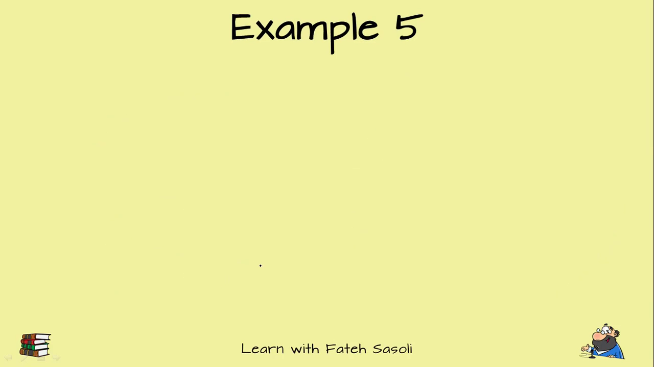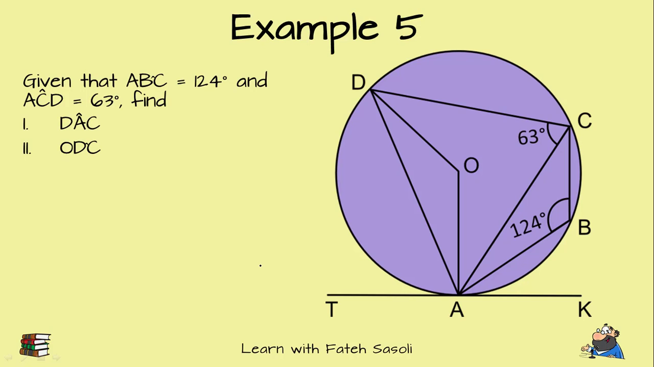32 degrees. For example number 5, given that ABC is equal to 124 and ACD is equal to 163, find DAC. DAC is this complete angle over here, comprising two smaller angles. Figure ABCD is a quadrilateral, which has 4 corners to it, so opposite angles add up to 180. For angle D here, we'll simply subtract 124 from 180 to get 56, and D as a total was 56